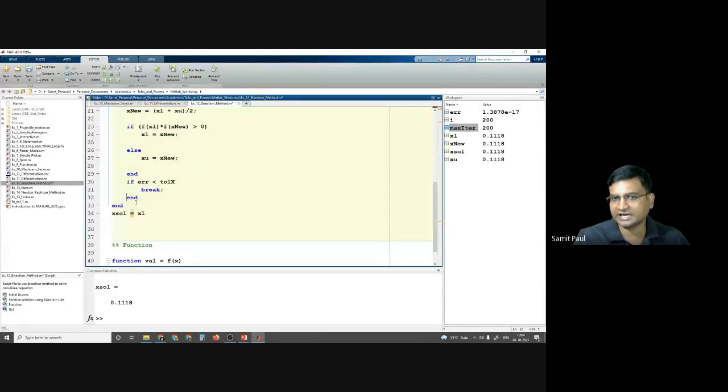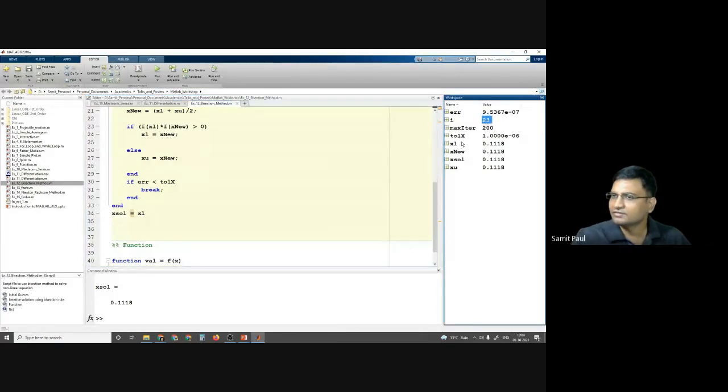If error becomes smaller than 10 to the power of minus 6, the loop will stop executing. And if we run it, the result has come. But how many iterations did it take? That's 23. Why 23?